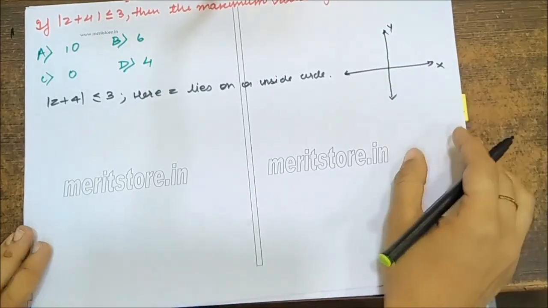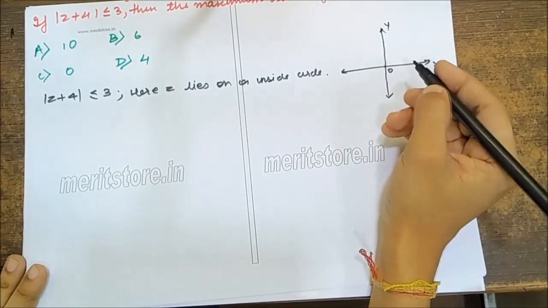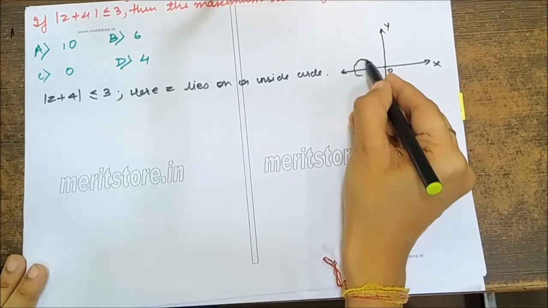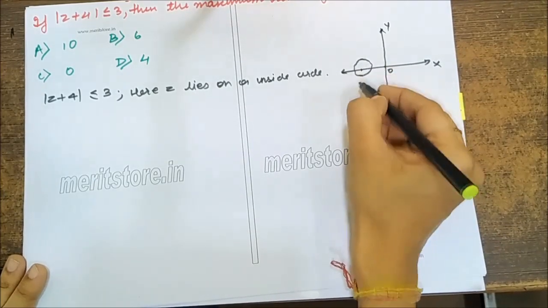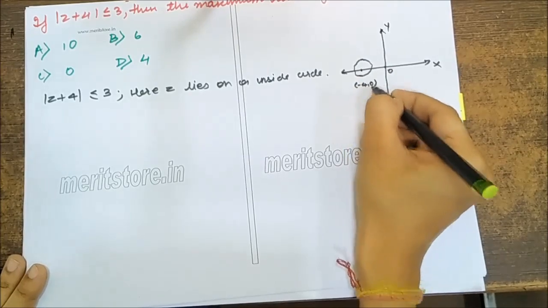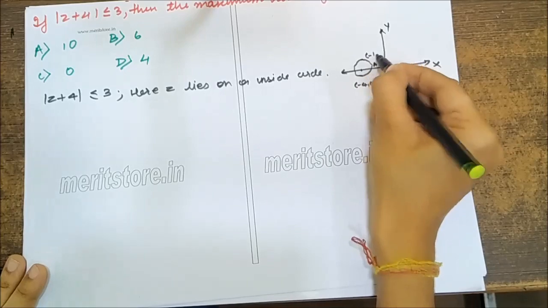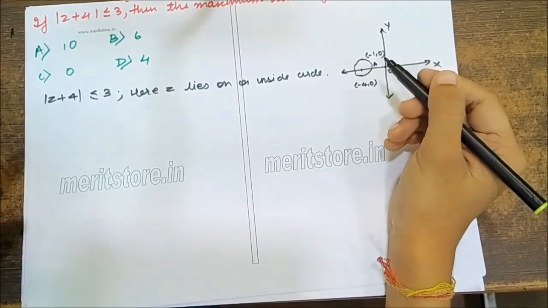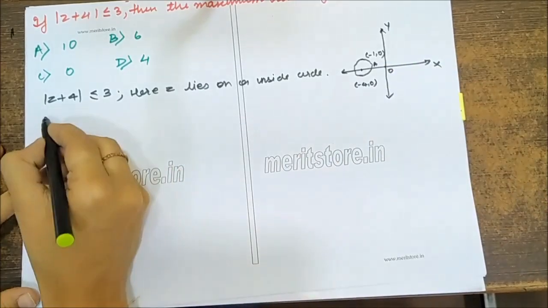This is your y-axis, this is your x-axis, this is your origin, and draw a circle. Let's say this is your point A, and the coordinates are -4, 0. Okay. So either it will lie on the circle or inside the circle, where